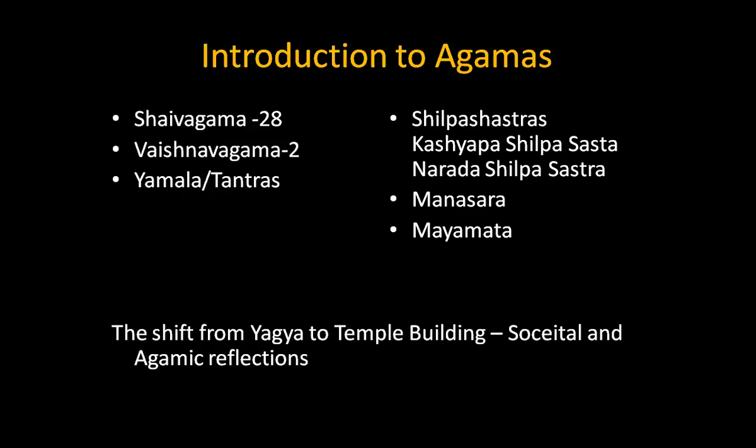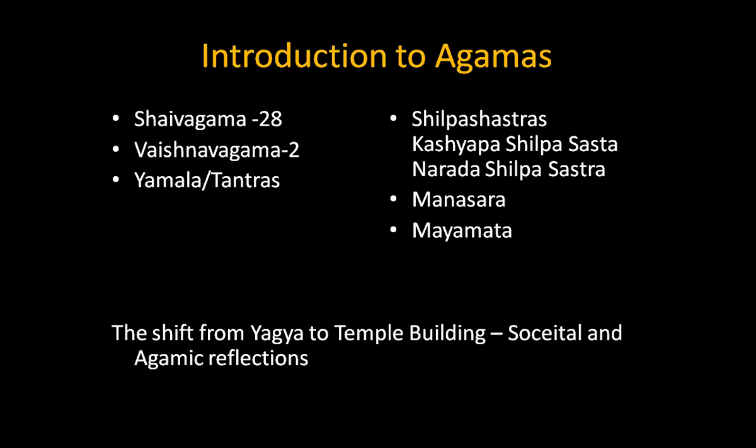So, an introduction to agamas. As far as the Hindu religion goes, there are many such texts like agamas, yamalas, tantras. Many of these might contain evidence of temple worship and how to devise a temple. But the most important ones that we will be handling are the Shaivagamas, which are 28 in number, and the Vaishnava Agamas, which are 2 in number. Vaikhanasa and Pancharatra are the Vaishnava Agamas, and among the 28 Shaiva Agamas are Raurava Agama, Deepta Agama, Uttarakamika Agama, Purvakamika Agama, etc. There are many Shaiva Agamas.